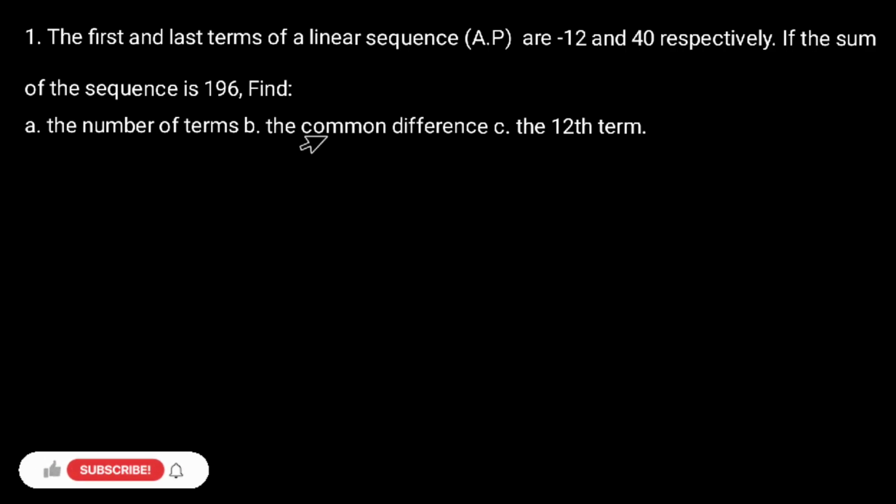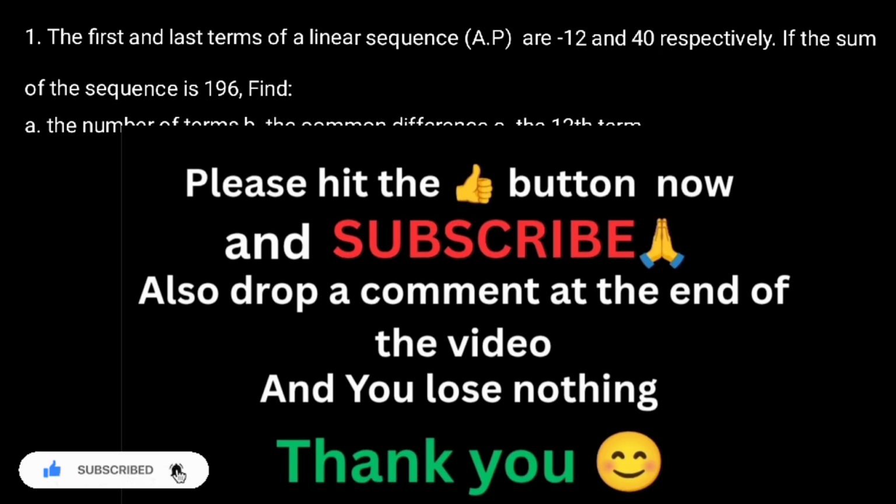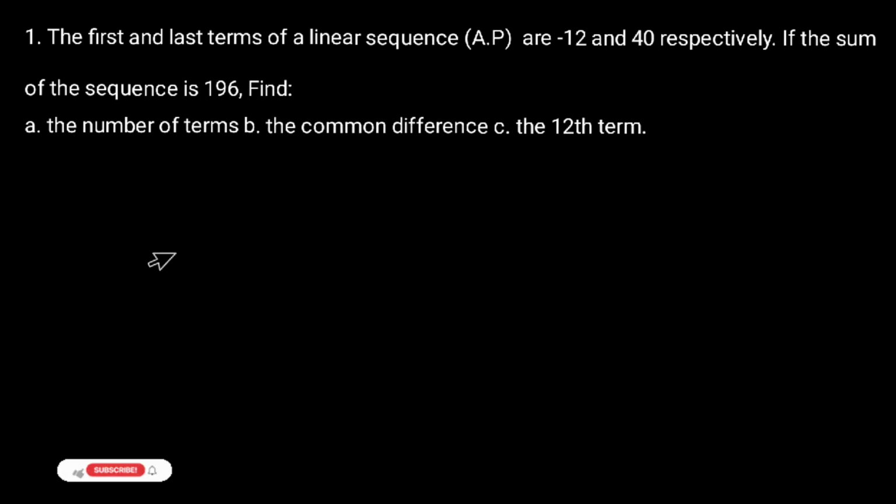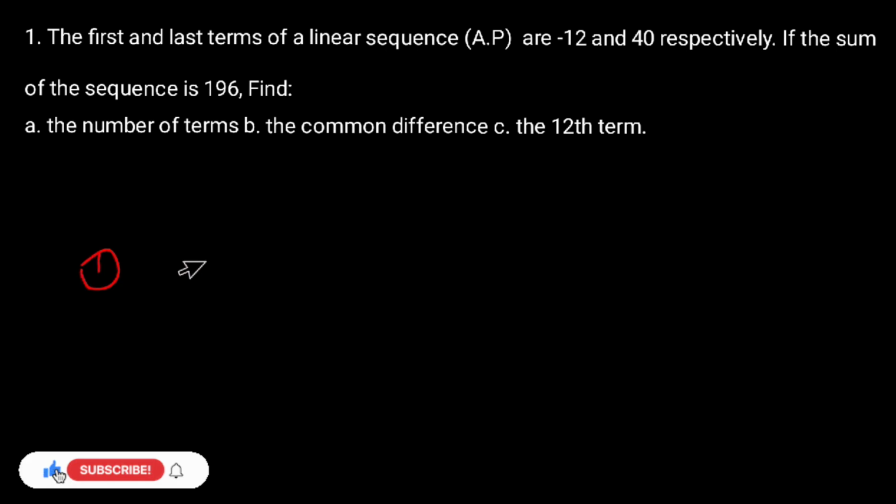In this lesson, we're going to be learning how to calculate the sum of a given sequence in arithmetic progression. Before we go into this calculation, let me tell you the formula for the sum of a sequence in arithmetic progression. So the first formula is that the sum of the sequence in arithmetic progression is equal to the number of terms